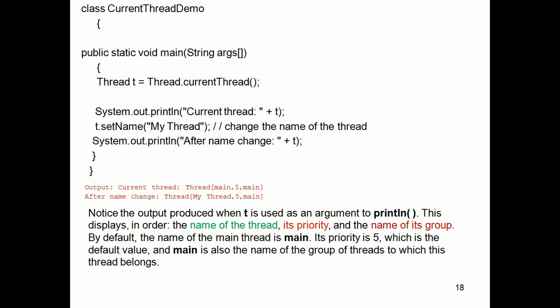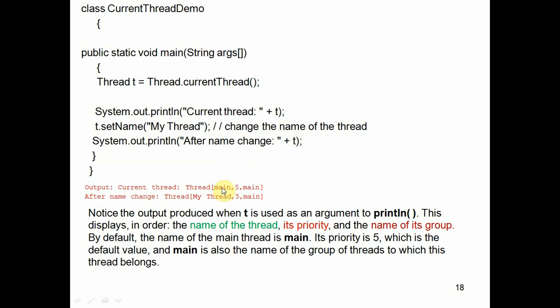Then we print that thread value by using the output statement System.out.println, current thread is t. After some time we change the name of the thread with t.setName, giving here my thread. Then after changing the name we print the value of t. This is the output. First, with this statement we get the output as current thread, that is main.